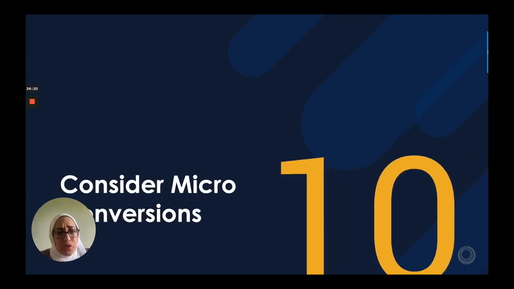And lastly, don't forget about micro conversions. A lot of times so many people say, hey, I don't have enough conversions on my website, like overall orders or overall signups, whatever that main primary conversion is. But there are micro conversions, so you can measure, from one step to the next, how visitors are flowing.